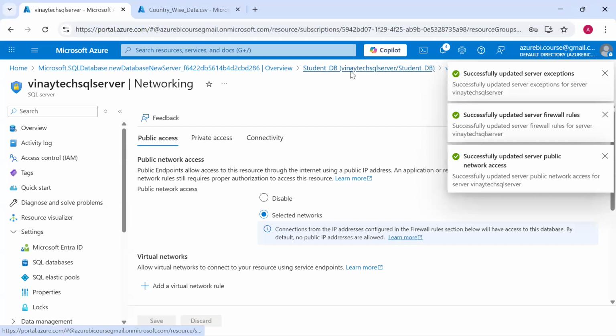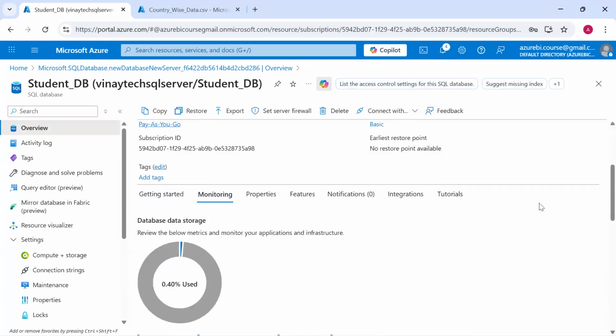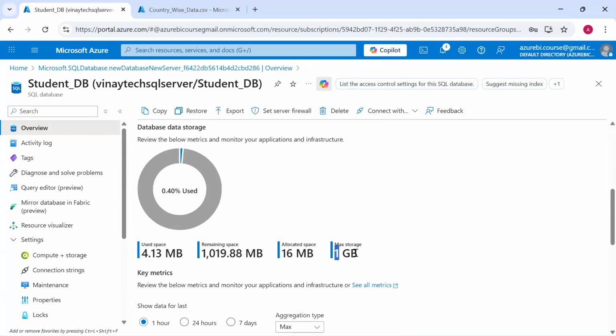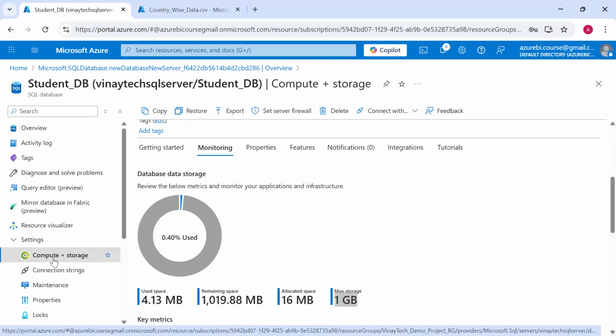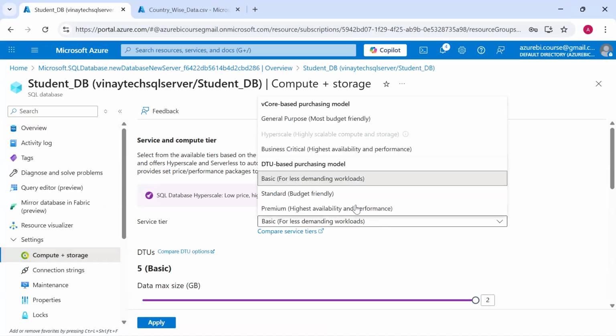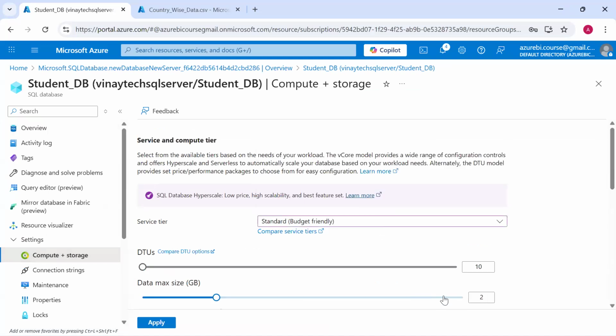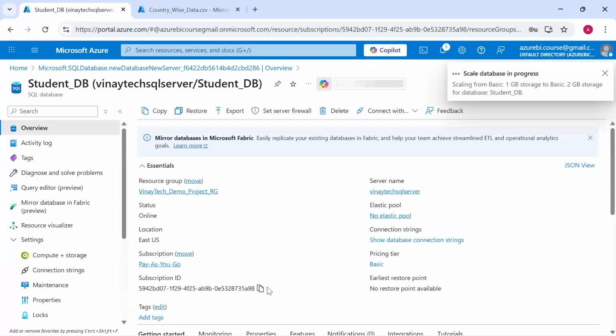Let me show you one thing here. How much GB did you select while creating? 1 GB. You have a capacity of 1 GB. Can you increase 1 more GB? Yes, definitely. There is a left hand side option. Anytime you can increase and decrease the capacity. You want to increase 1 more GB? Increase. No, sir, I want 300 GBs, 400 GBs. Yes, sir, you can do that. Anytime you can increase or decrease and just simply apply.